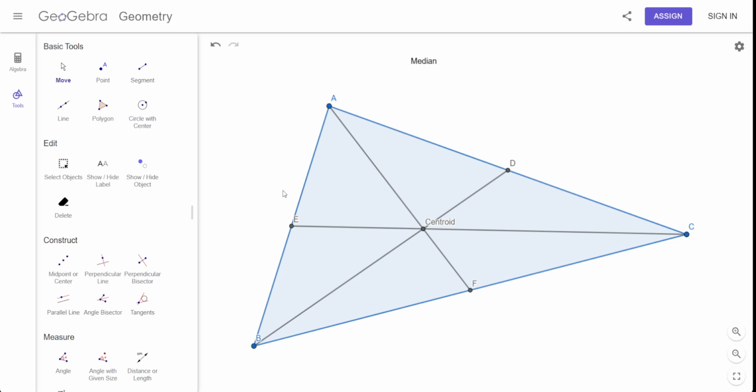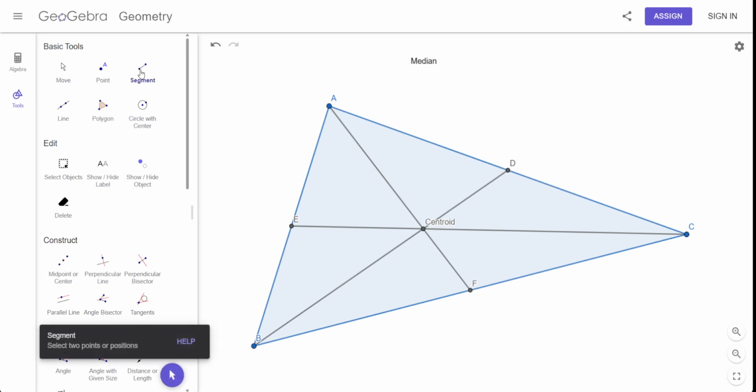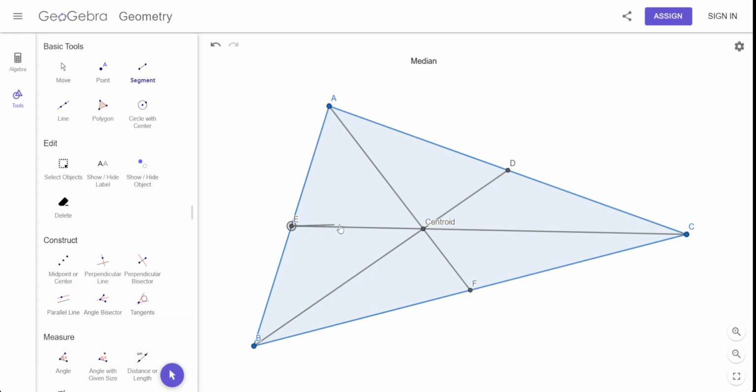The centroid. Now, there's something special about that centroid. I'm going to keep those lines there, but I don't think I'm going to do it to all three of them. I'll just do it to one of them. I'm going to make a little segment from E to the centroid, and then another segment from C to the centroid,